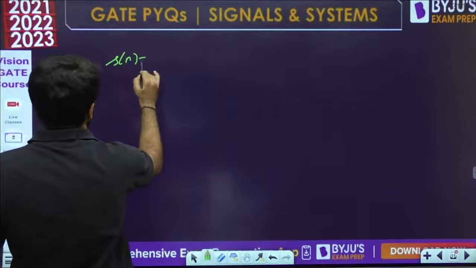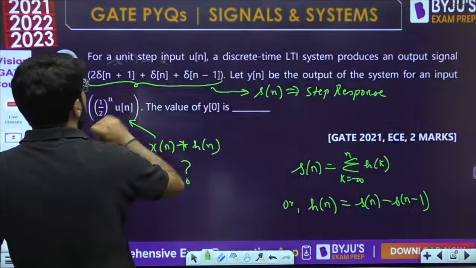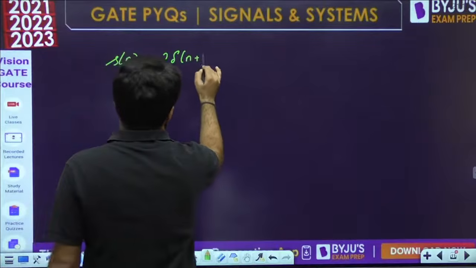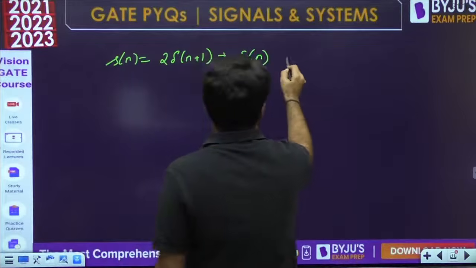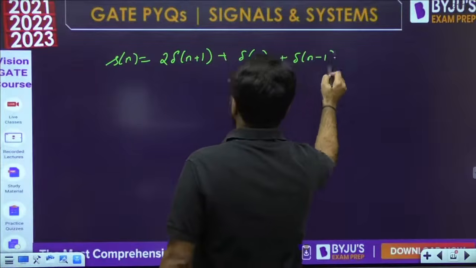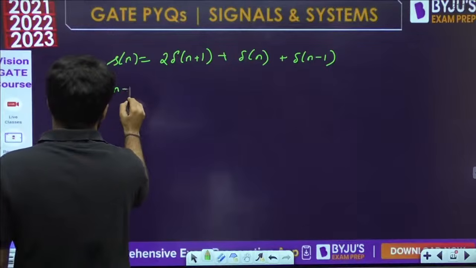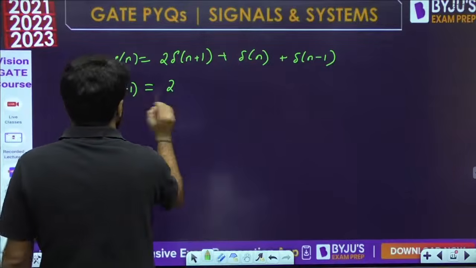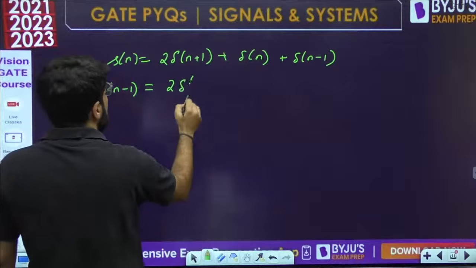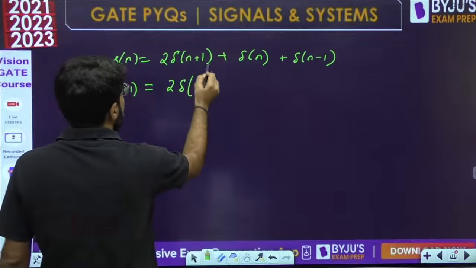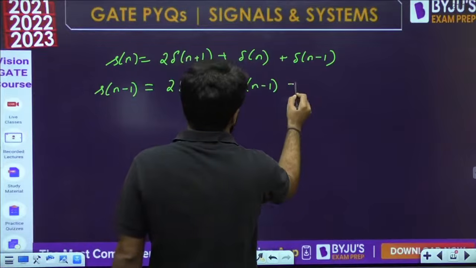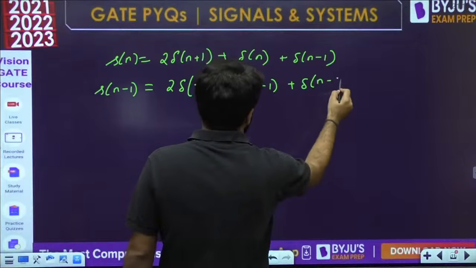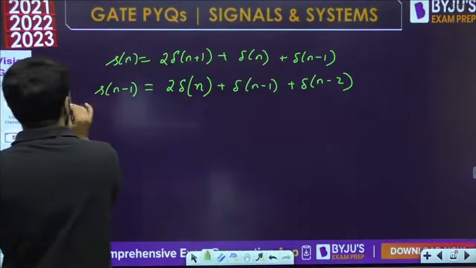What is the step response given to me? 2δ[n+1] plus δ[n] plus δ[n-1]. So dear students, what should be the value of s[n-1]? Replace n by n minus 1. So n minus 1 plus 1, only n remains: 2δ[n] plus δ[n-1] plus δ[n-2]. And now when you subtract them,